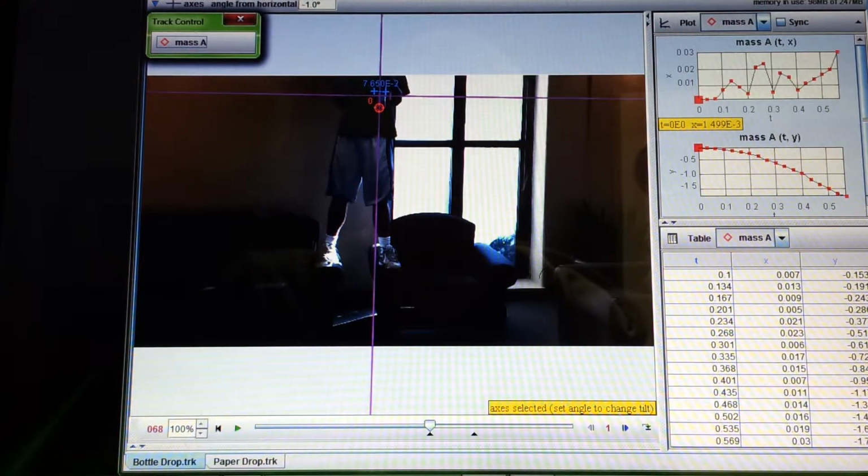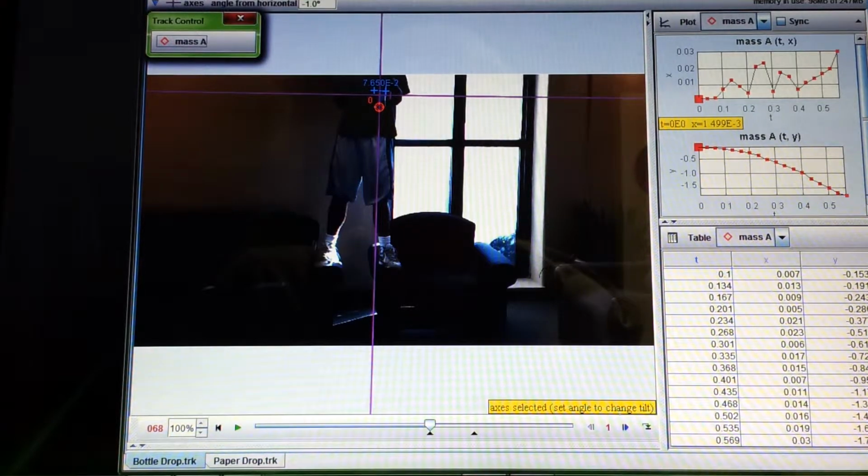This is my Lab 5 for gravity and drag. This is my video, which shows a person holding a water bottle and a piece of paper and then dropping them. In order to complete this assignment, I made two separate tracker videos, one for the bottle, one for the paper. In the bottle video, as seen here, I used the bottle as the calibration stick,